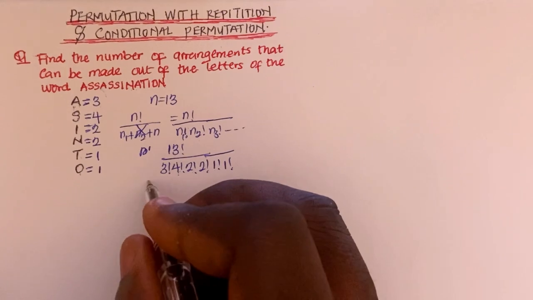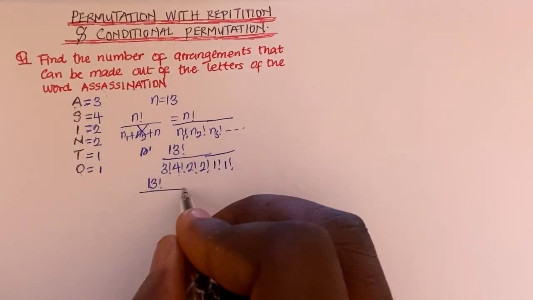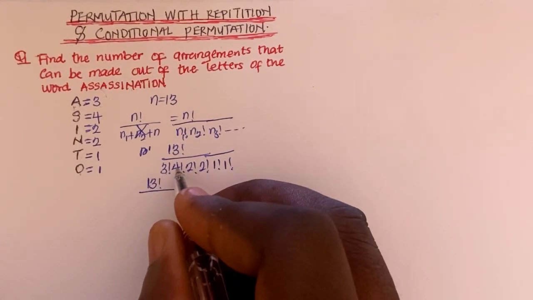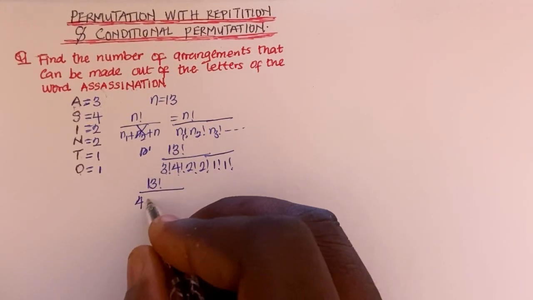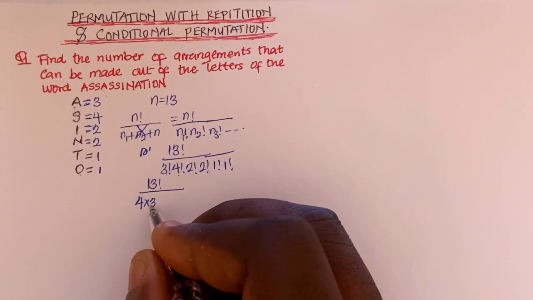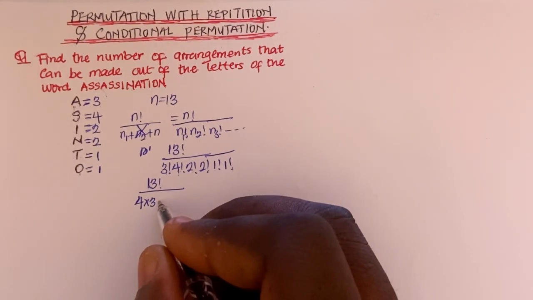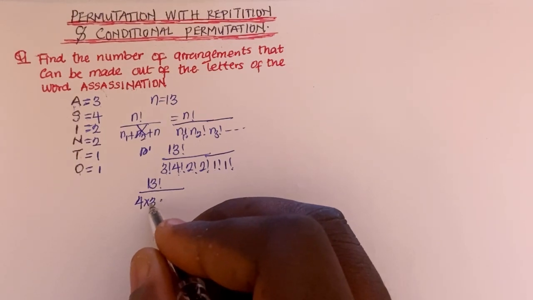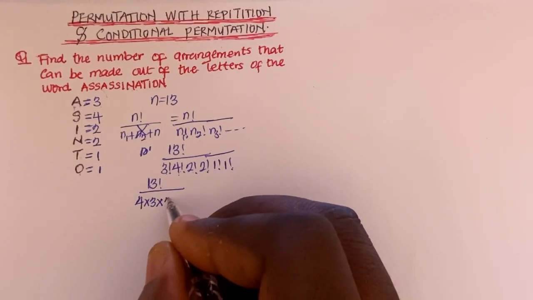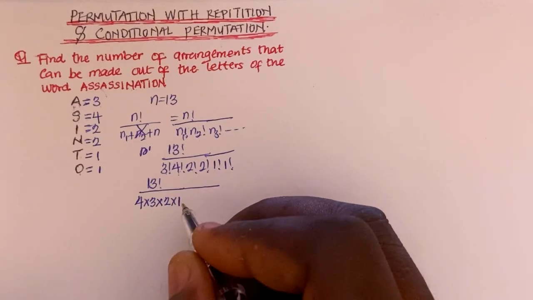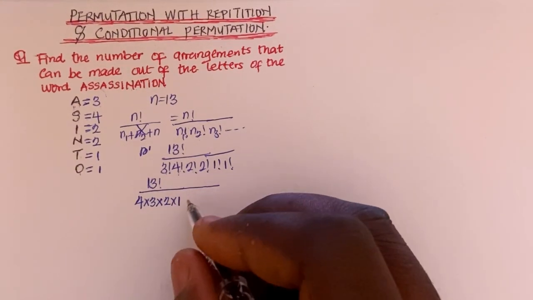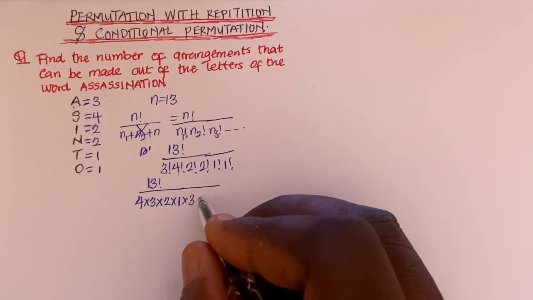Everything here is going to be 13 factorial divided by what? This is 3 factorial, but I'll pick 4 factorial because 4 factorial is the highest. Then I'm going to have 4 times 3, multiplied by 2, then multiplied by 1. That's for my 4. Then for my 3, I'm going to multiply by 3, multiply by